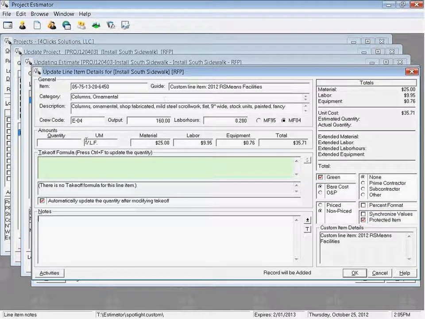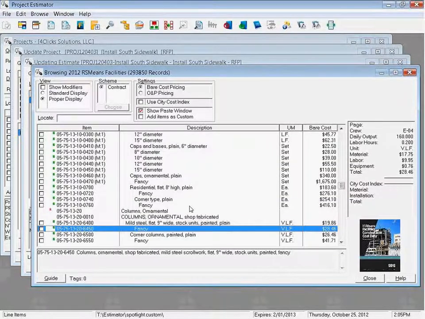Does that make sense? So basically, we've started from a custom line item, and we've tweaked it there, all right? So I'm going to hit the OK button. I'll add that to our estimate. One thing here, if we wanted to,